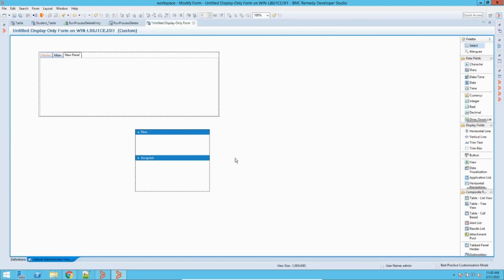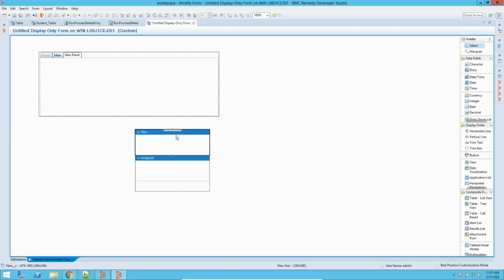Now you can also write workflows based on this panel. You can write active links, or filters, sorry, mostly active links. You can create a workflow to do any operation. So suppose in this new panel, if I click here, if I want to do something, I can do that. Here I can give a message or something like this, depending on the workflow you are building.